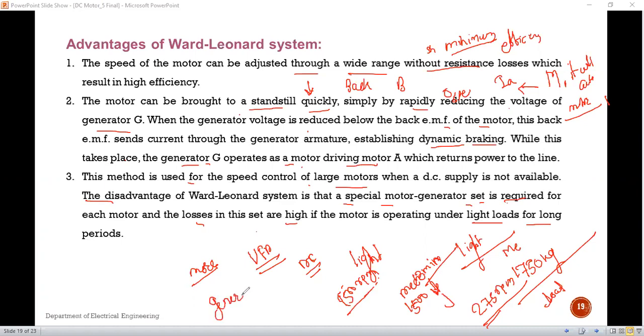This motor will act as a generator and it will generate some electricity, and this electricity will be supplied to the supply line. Again this will be running at 1500 revolutions per minute; somewhat the speed is reduced up to that. The sugar will be formed because of the maximum speed, and it will be attached to the inner periphery of the tray.